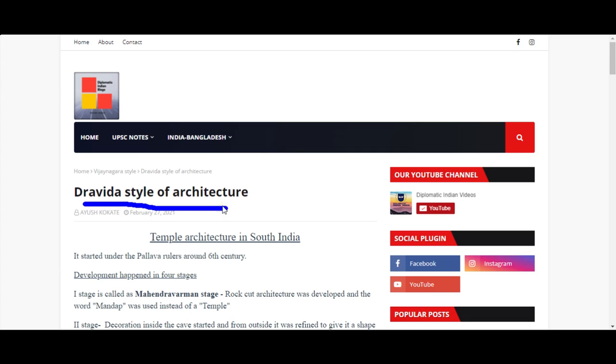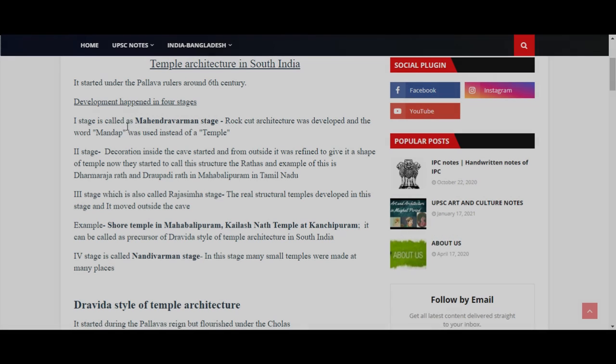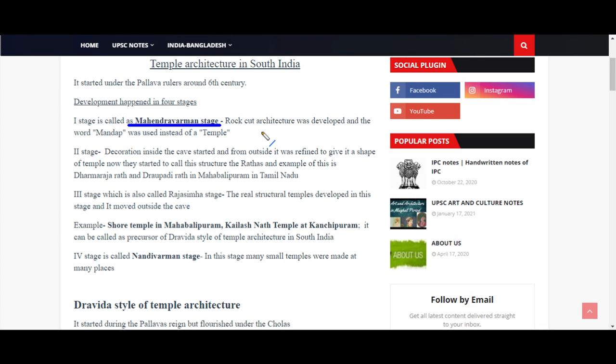So we find that temple architecture in southern India started in the reign of the Pallavas, and its development happened in four stages, right? And what were the four stages? The first stage is called the Mahendravarman stage. In this stage there used to be rock cut architecture, and the word temple as such was not used; instead the word mandap was used